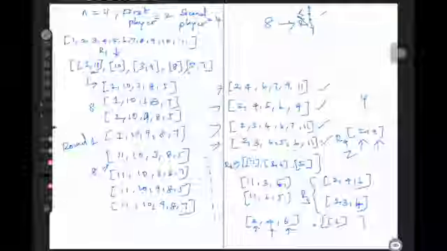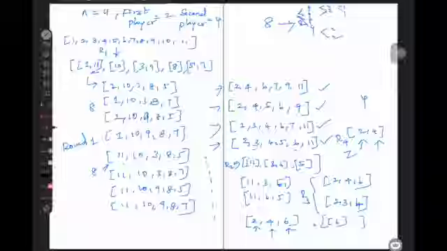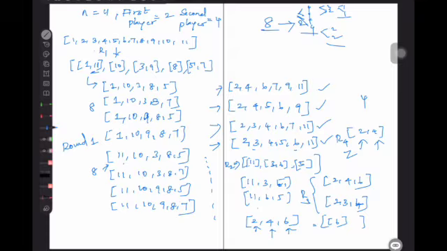Among these, each will go to 2, 2, 2, 2. Then it will come to 1, 1. So like this, we have to generate all the combinations, and among those, the last maximum round and the minimum round, we will return as the answer.